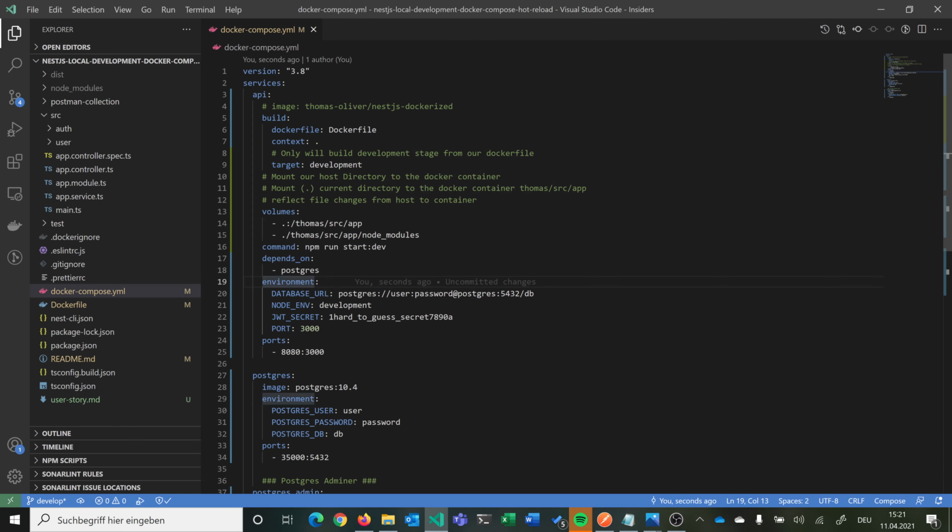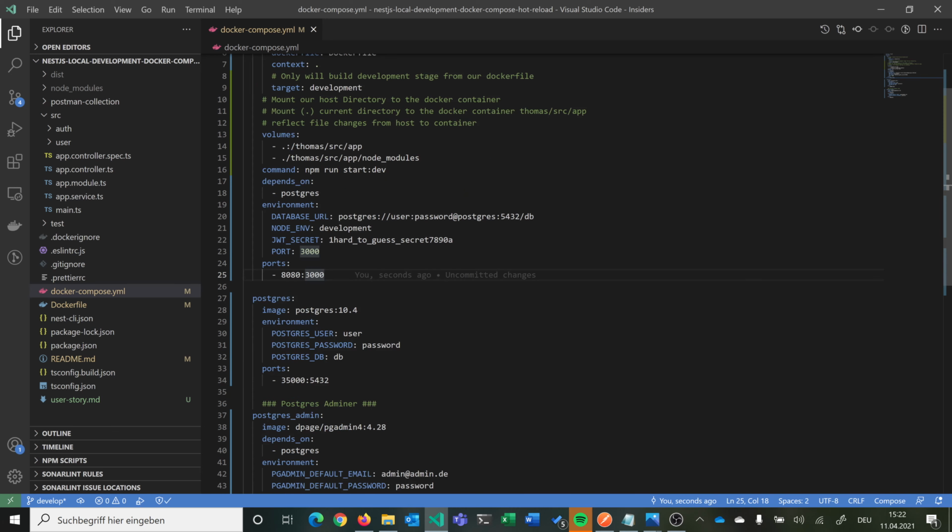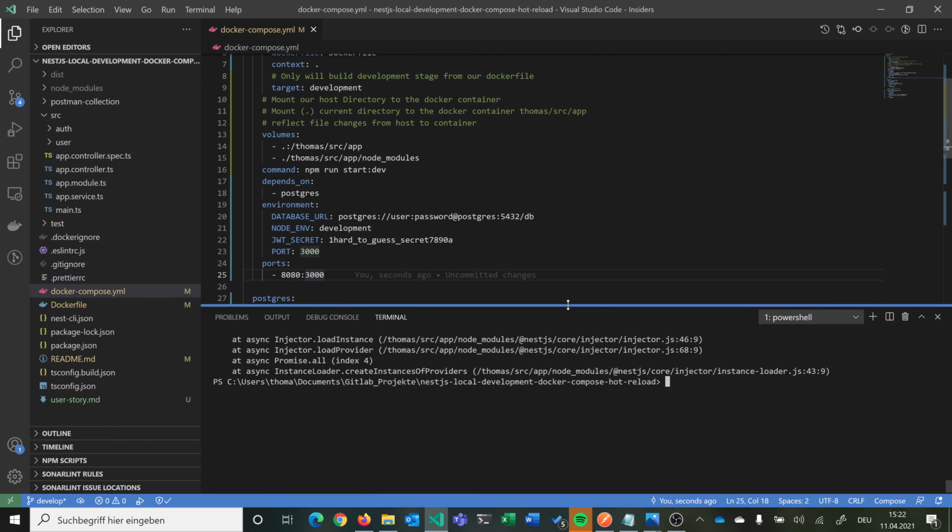We have depends_on with our environment variables, and we have our ports, and now we will just first check if this is working, and if this is working we will also add some stuff to be able to debug everything. So if we go now to our terminal, we can say make a docker-compose build,